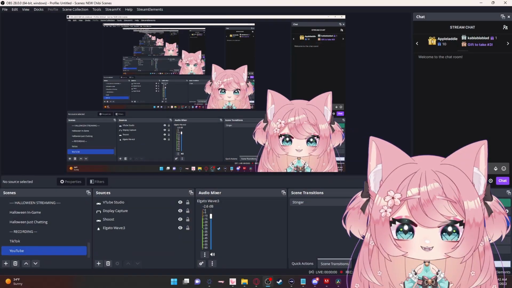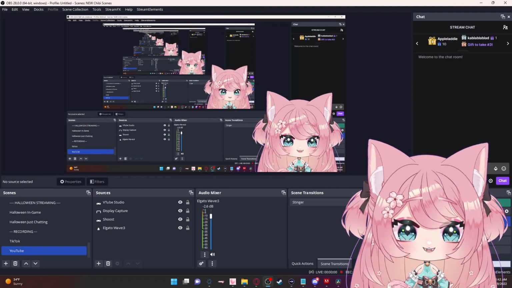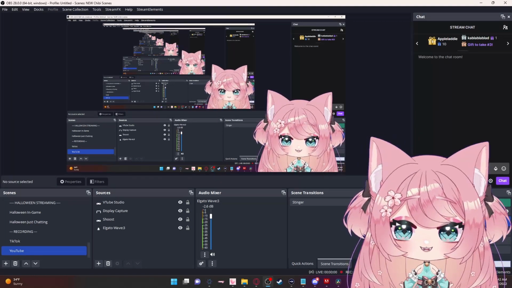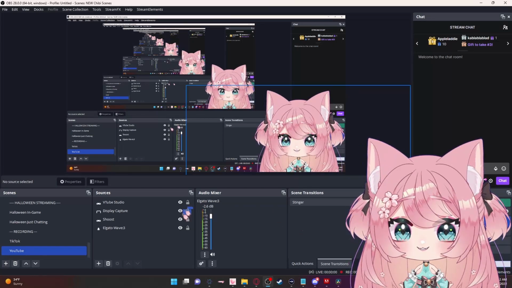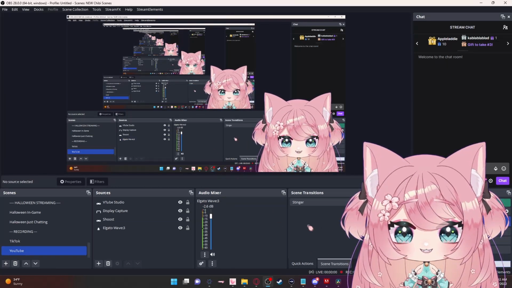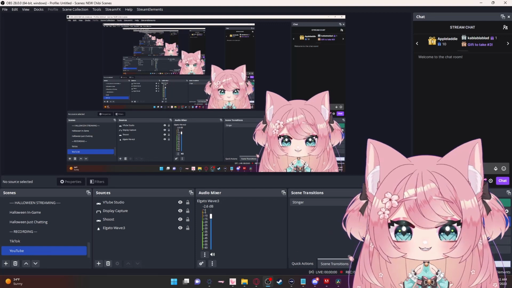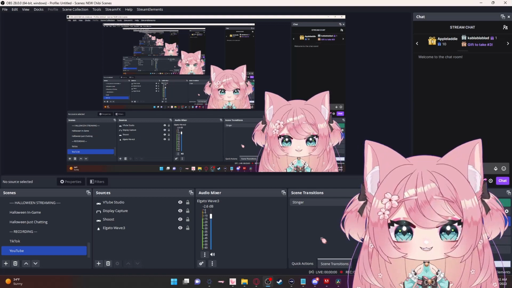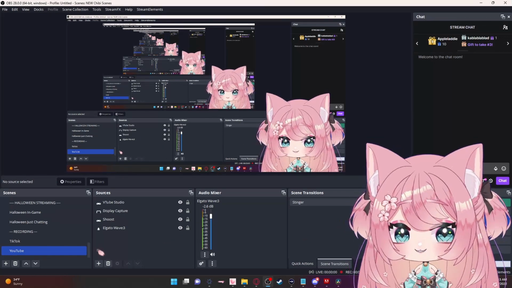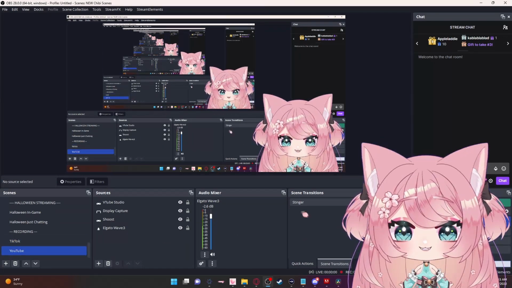Okay, let's get started. So we're in our OBS scene, and you might be wondering, well, why are we in our OBS scene? Well, the recommended tip when it comes to making TikToks as a VTuber is that you use OBS with your VTuber model. I can show you real quick what mine looks like, but before we do that,